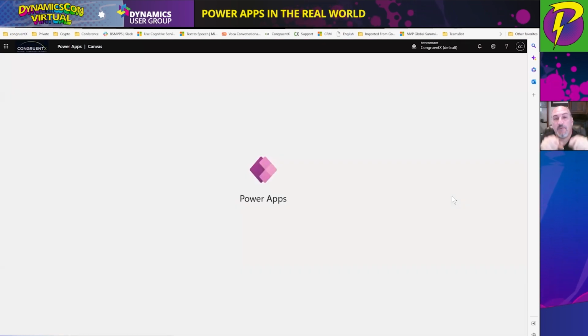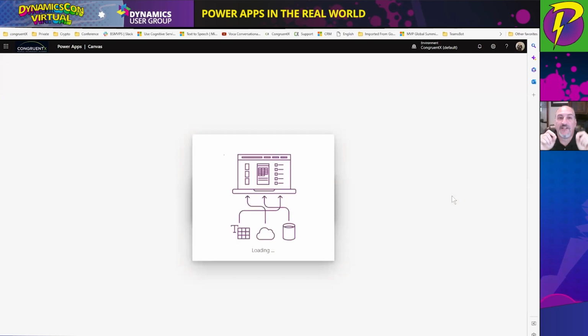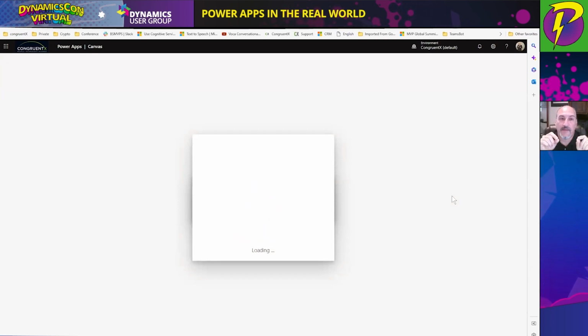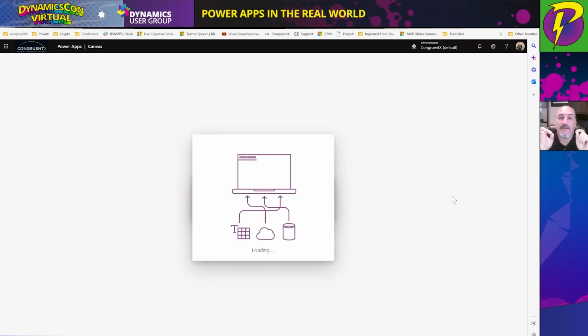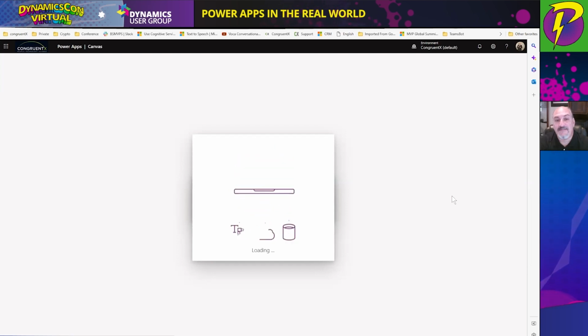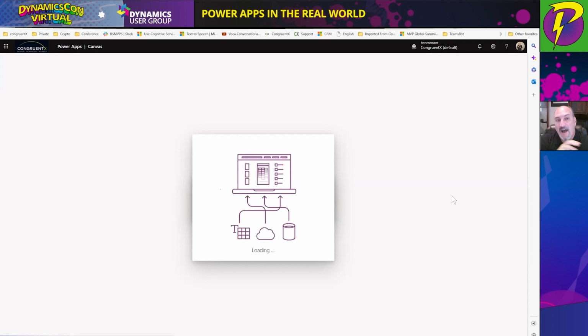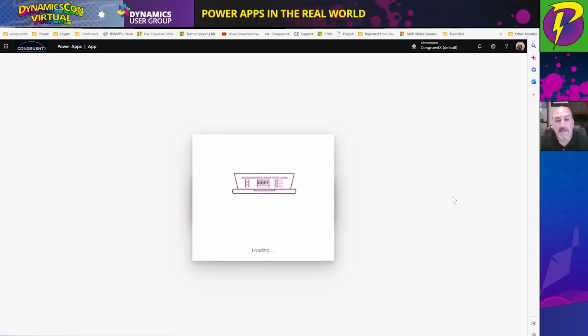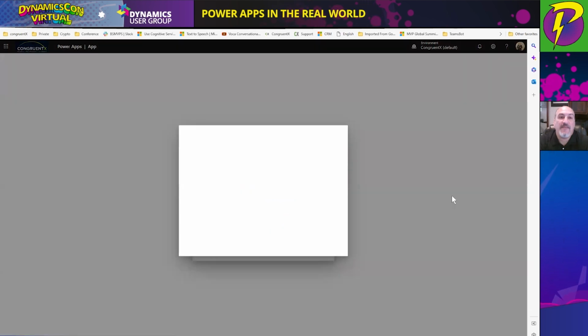Well, as you can see, what's happening in the background right now, Power Apps is magically building an app for me without me writing any code. And we're doing this live, right? This is something that really shows the magic of lists and data that are out there and how fast you can use this technology to help you build an app that someone could use.